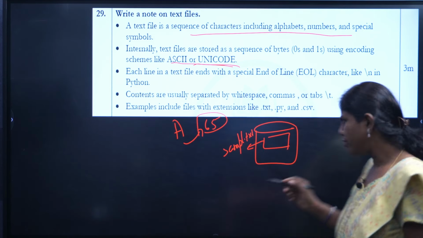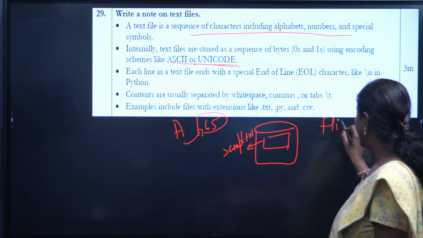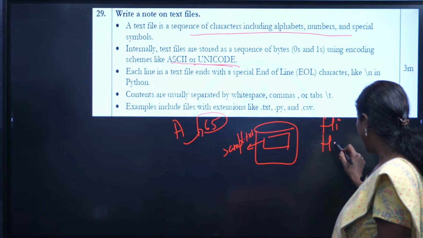Every line of text, for example, I have written the first line as hi, and second line is going to be hi, hello,